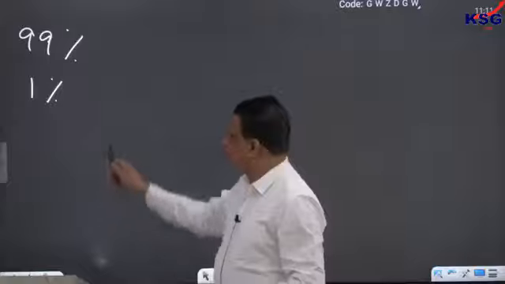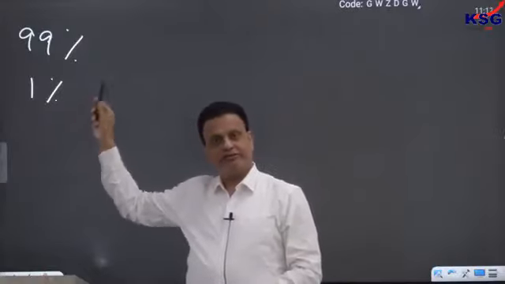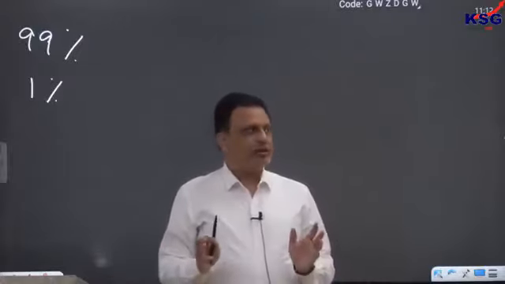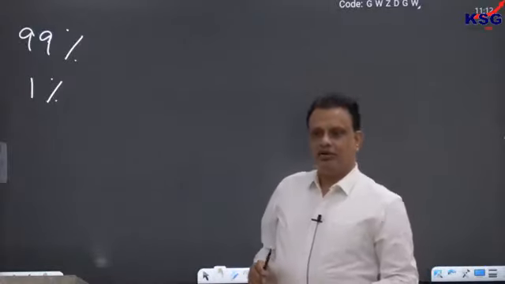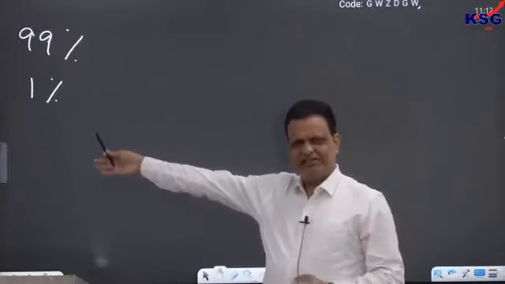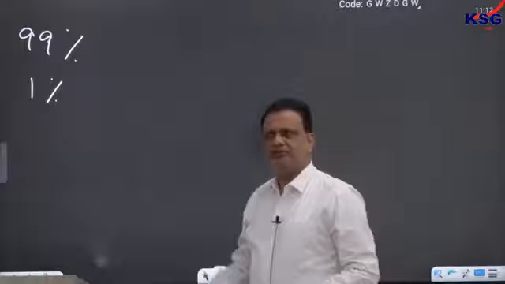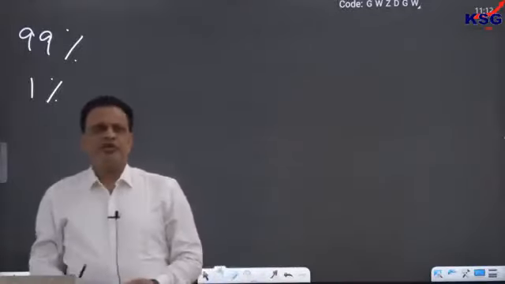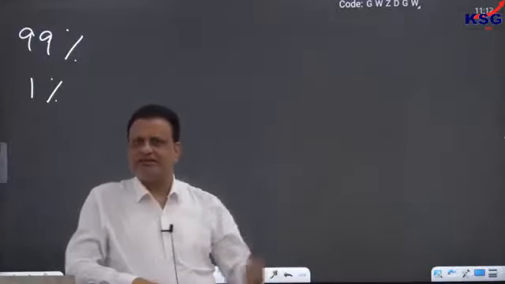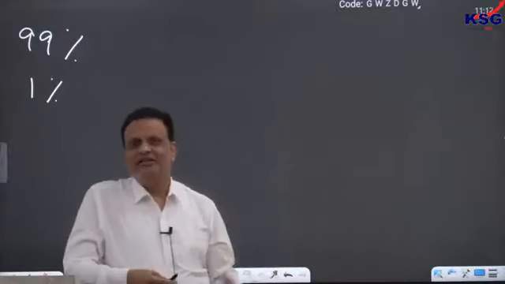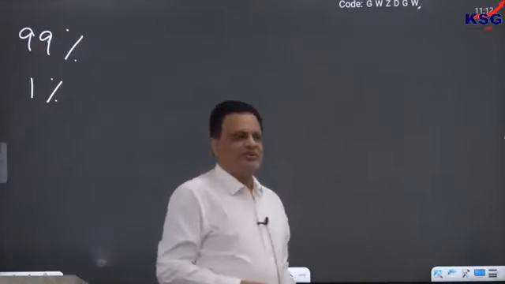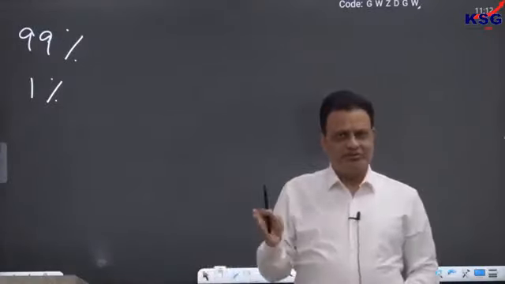So the presence of 1% people is creating a lot of offense to the 99% people who are otherwise so happy. Now suppose for example there is a proposal in that society that in order to make the society happier, let us kill these 1% people because their presence is creating so much unhappiness among the majority. So let's kill those people, let us put them in jail, let us put them in a concentration camp, throw them into the Bay of Bengal or send them to Pakistan, Syria, wherever they want to. In India, many people are sent to Pakistan every other day nowadays. So send them to Pakistan, don't allow them to live in our country.